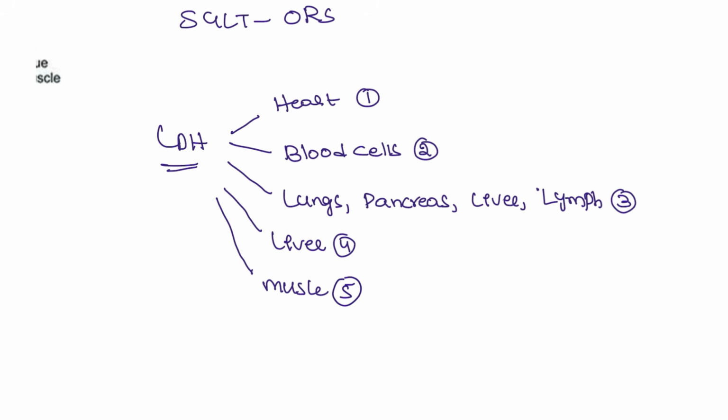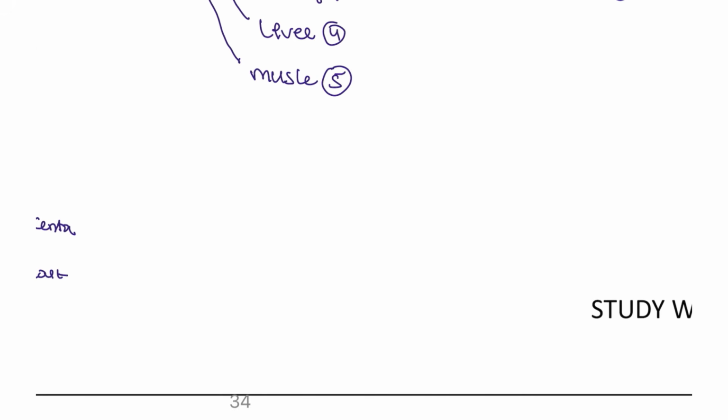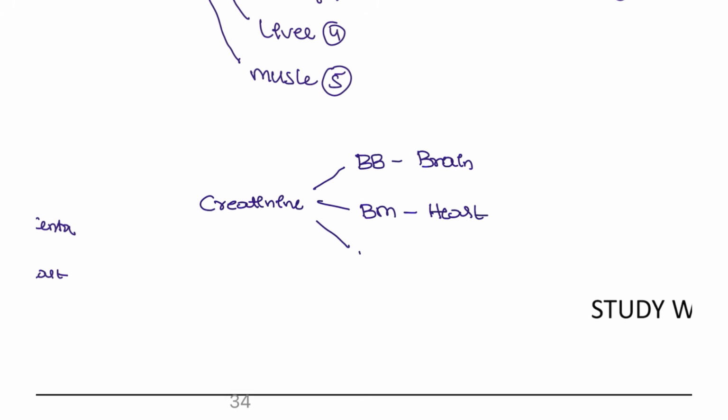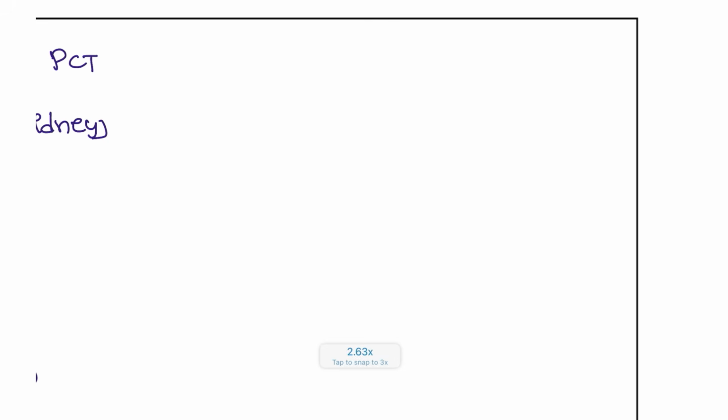Okay, this is the LDH types. Next, creatinine kinase. BB is present in the brain, and BM is present in the heart, and MM is present in the muscle. Okay, MM is present in the muscle. Next,